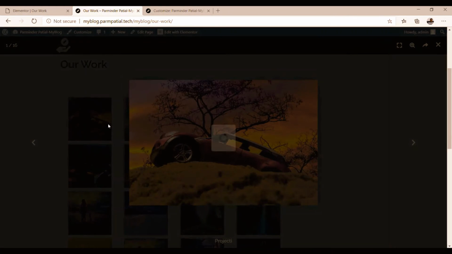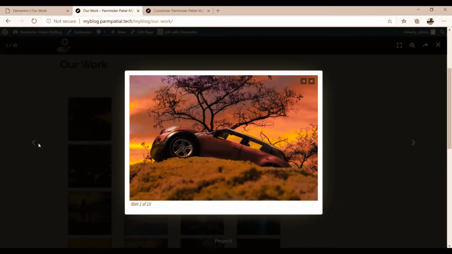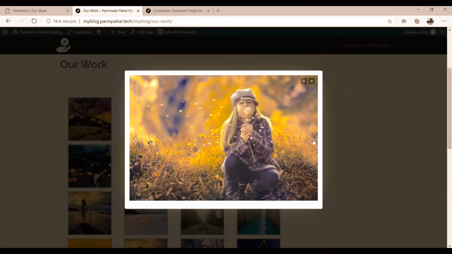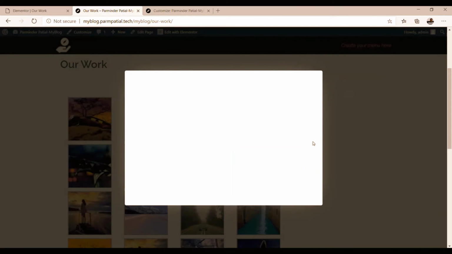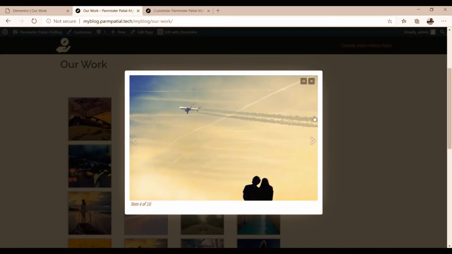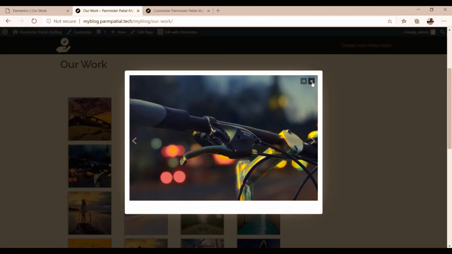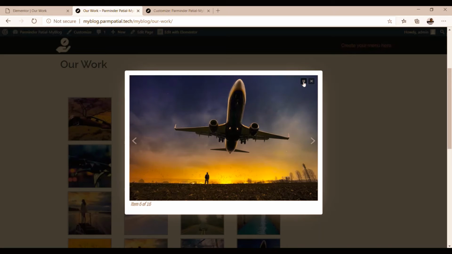So if we click on this, it will open here in the form of a lightbox, and we see the navigation button over here. If we click on this button, we will be able to navigate from one image to another image. Also you will find two buttons over here: this is the close button, and this button is for stopping the loop. Otherwise, if you don't click on a navigation button, it will automatically navigate from one picture to another picture. If you wanted to stop the loop, just click on this pause button, and just click on the start button, and your loop will start or pause from here.